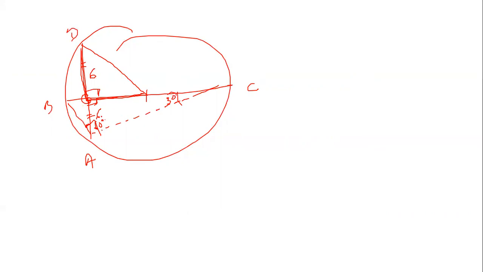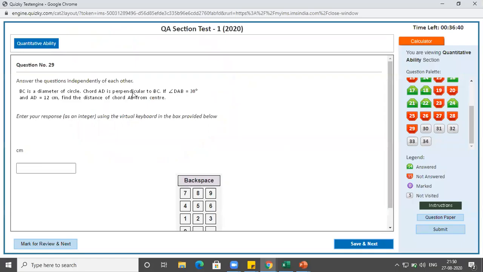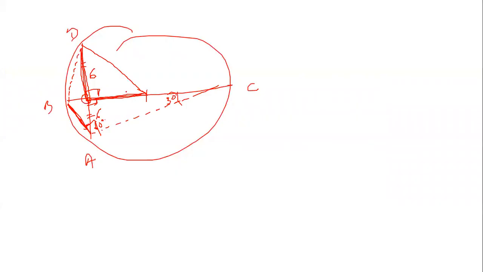And what is going to be this angle? What do I have to find out? This is the chord AB, and this is the center. This is the length that I have to find out. This is given to me. If I can figure out one angle, then I can solve this question. Right? So